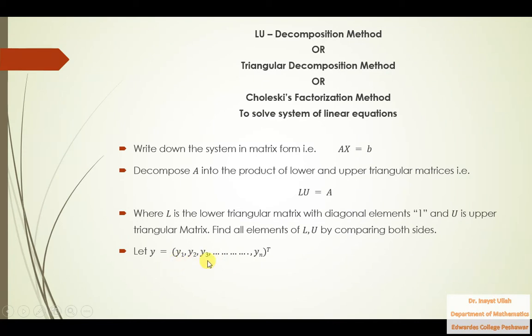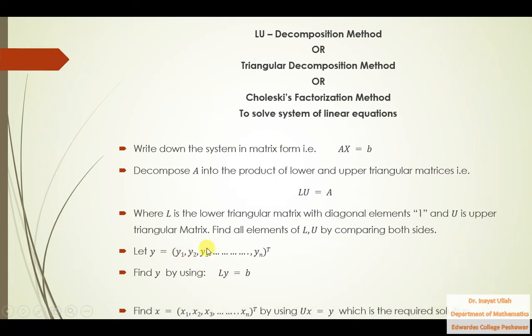So we will take an arbitrary vector y in column form, multiply it with the lower triangular matrix and equate it with b. So multiply the lower triangular matrix with this unknown column vector y and equate it with b to get y1,